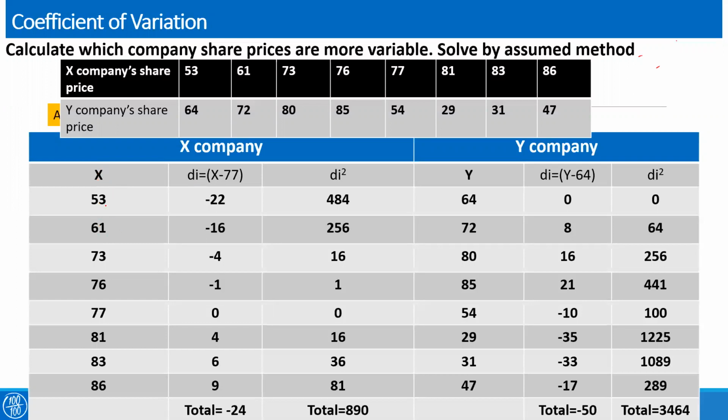So what I am doing is, from all these values, I'll pick a value randomly as my assumed mean. I can take 76, I can take 73. Normally we try to pick something in the middle so that some of the values come negative and some positive, which gives a kind of balance in my calculation. For the time being, I am taking 77 as my assumed mean. Therefore, Di is equal to X minus 77.